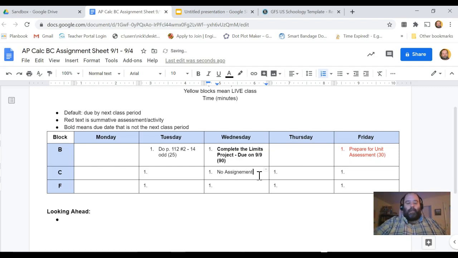That way they know that there's still class, but there is no assignment given that day. If we're in remote learning, there's going to be some days that are synchronous and some days that are not. So maybe 2 out of the 3 class meetings this week are going to be synchronous. What we ask you to do is to use